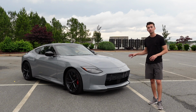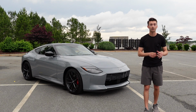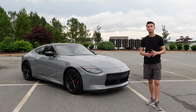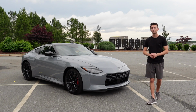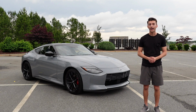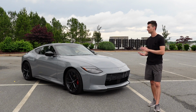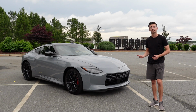In the last 2 years, I have only ever seen 2 Zs out in the real world. I saw a white one in my local area, and then a proto spec at a car show. And that's it. I've seen multiple Supras. Obviously, I've owned 2 of them. You know, I see them around, people have them. Judging by the comments and the views, a lot of people decided to buy a Supra instead of the Z,